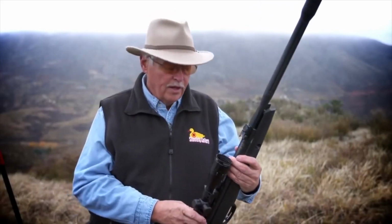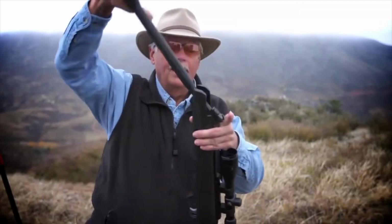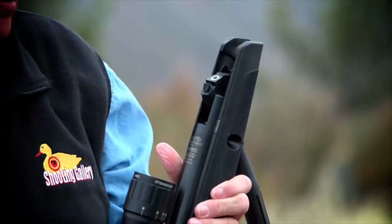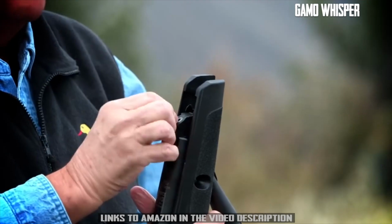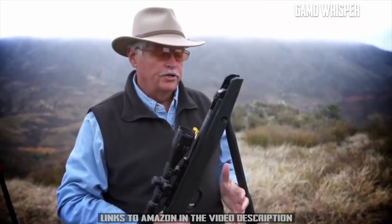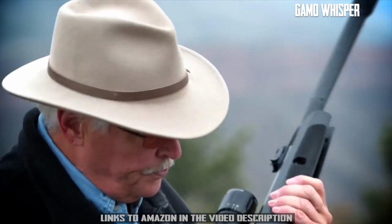Now, this is a break action air rifle, so you're going to have to fiddle around to find a way that you're most comfortable with breaking the barrel, going all the way down. That cocks it, you can feel it cock. Pellets inserted. These are match pellets. Most of what I shoot out of my air rifles are match pellets because I'm working on being a better shooter. Goes back to here, gun's now cocked. And